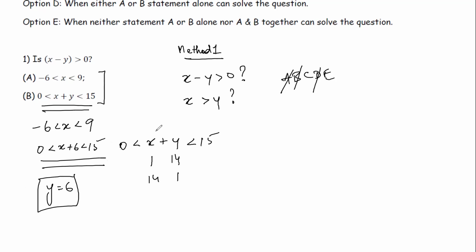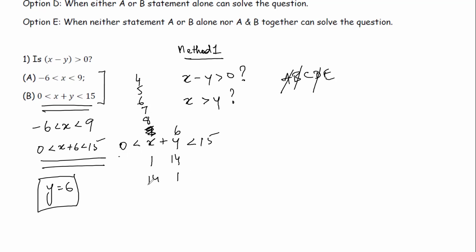Now, if y is 6, then x could be 8, 7, 6, 5, 4, anything. It can't be 9, obviously, because 9 and 6 is 15. It's saying it's between 0 and 15. So it could be anything,